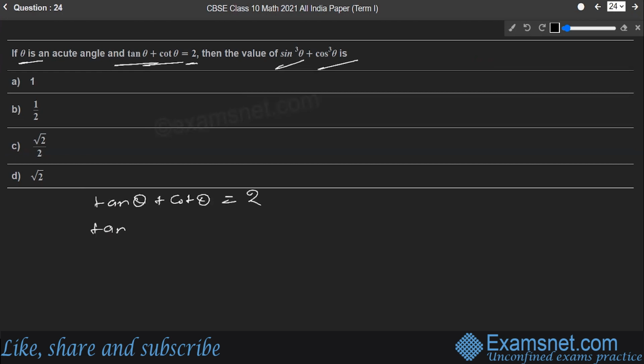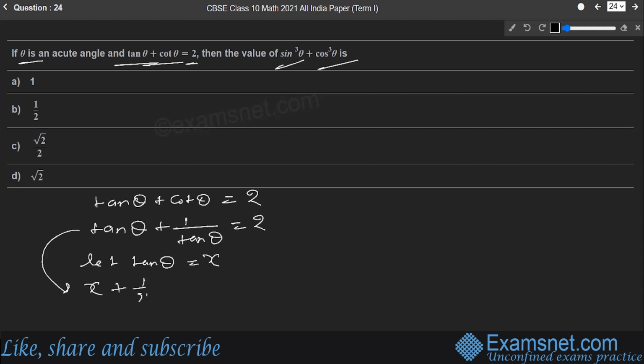So in place of cot theta, we can write 1 upon tan theta, because cot theta is nothing but 1 upon tan theta only. If we solve this further, we can solve this by taking tan theta equal to x, because every time writing tan theta for framing the equation will be a lengthy task. So let us assume tan theta equal to x. So now this equation molds to x plus 1 over x is equal to 2. If we further solve this, it is x square plus 1 is equal to 2x, which makes a quadratic equation as